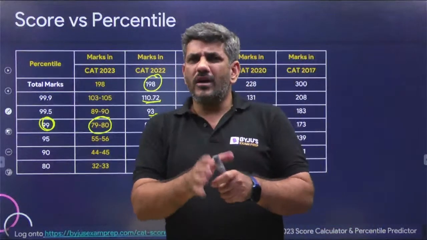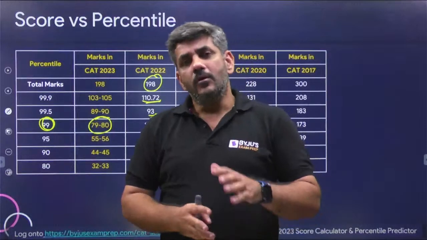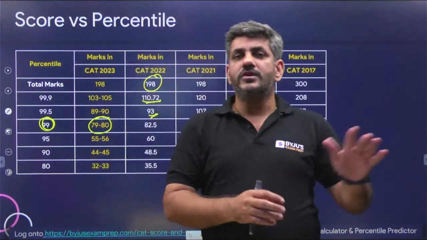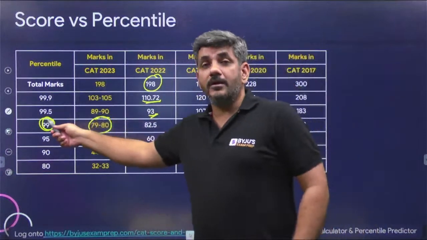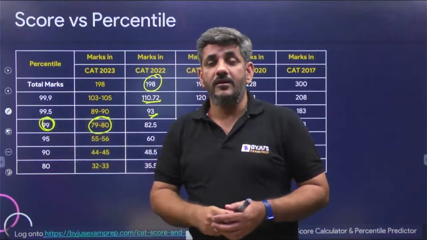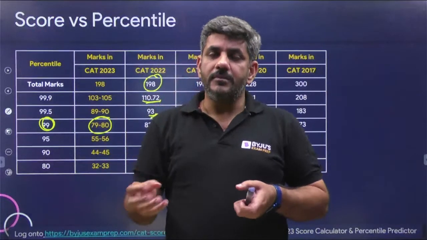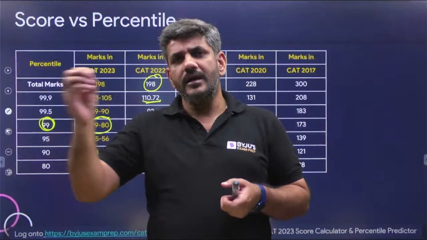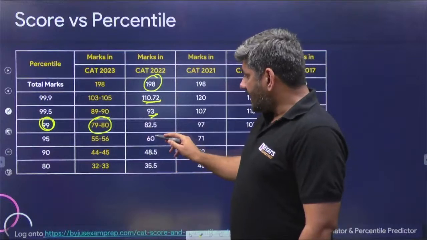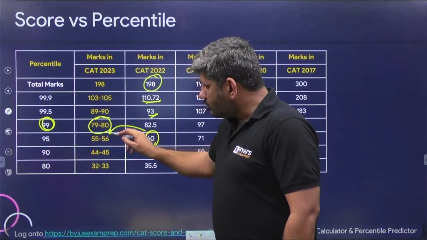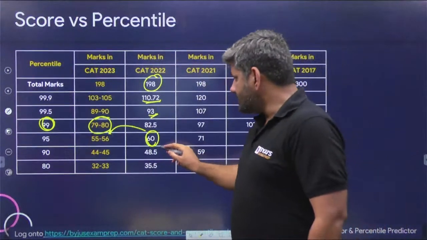Because VARC more or less is almost on the same level, right? One question above or one question below. Once again, DILR, I would say, is almost of the same level. Quant is the only area which is slightly difficult. But when I'm talking about the people who have 99.5 percentile, they would still be doing almost at the same pace, right? Sitters were not there, but of course that time would be used in doing some other questions, right? There were more moderate questions at this stage. So it will be slightly below that, whereas 95 percentile would be lying at around 2 questions below that of last year.